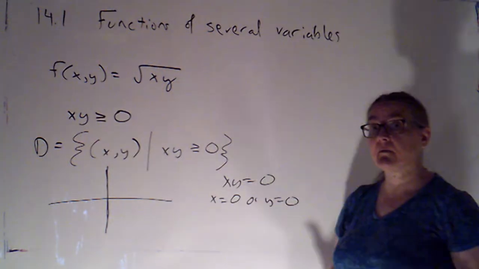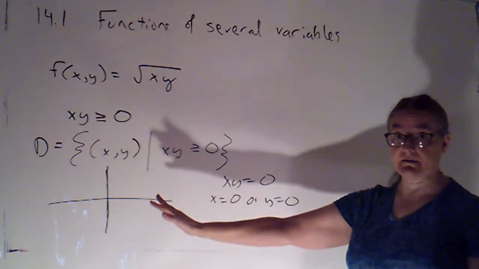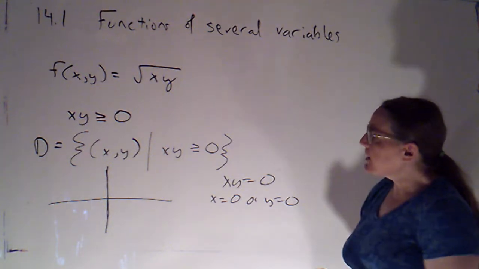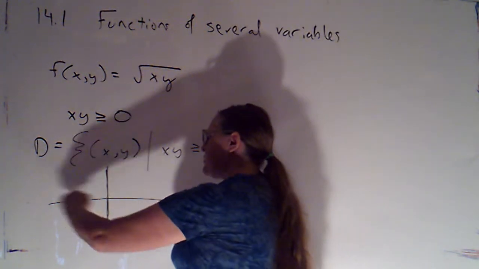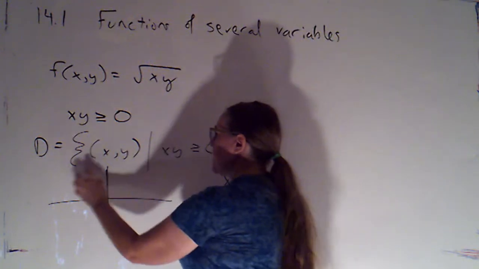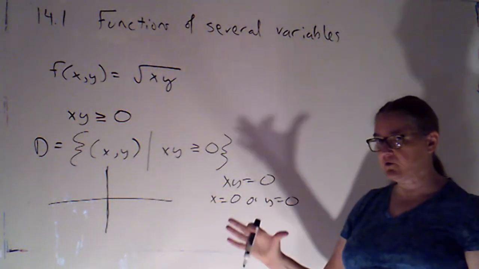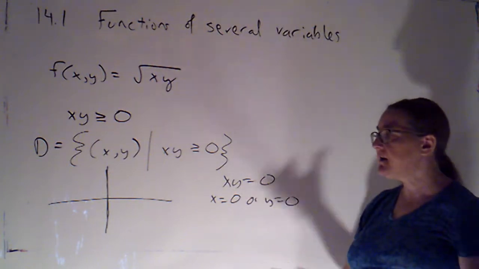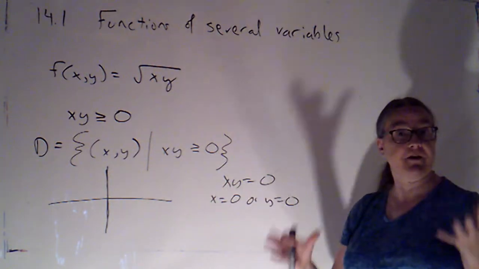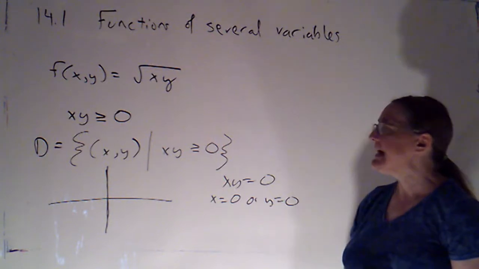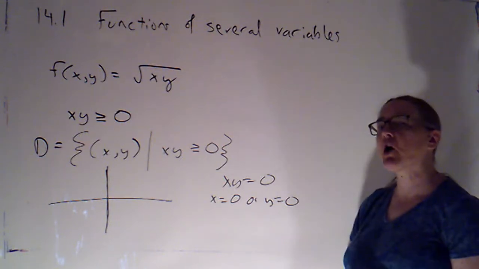If I'm including them, I'll go ahead and draw them as solid lines. Notice those boundaries divide the plane up into 1, 2, 3, 4 regions. Once I've determined what my boundary curves are, that's going to divide, in this case 2 space, if it were a function of 3 variables, 3 space, into regions,